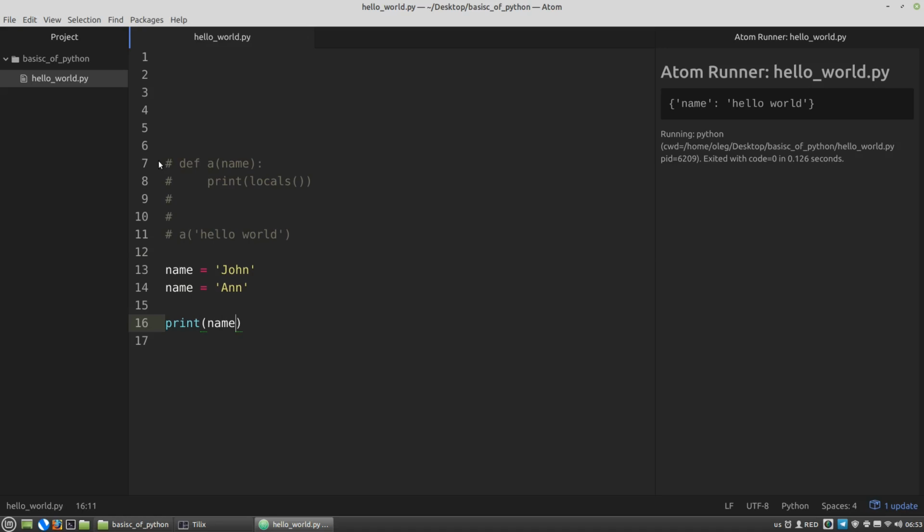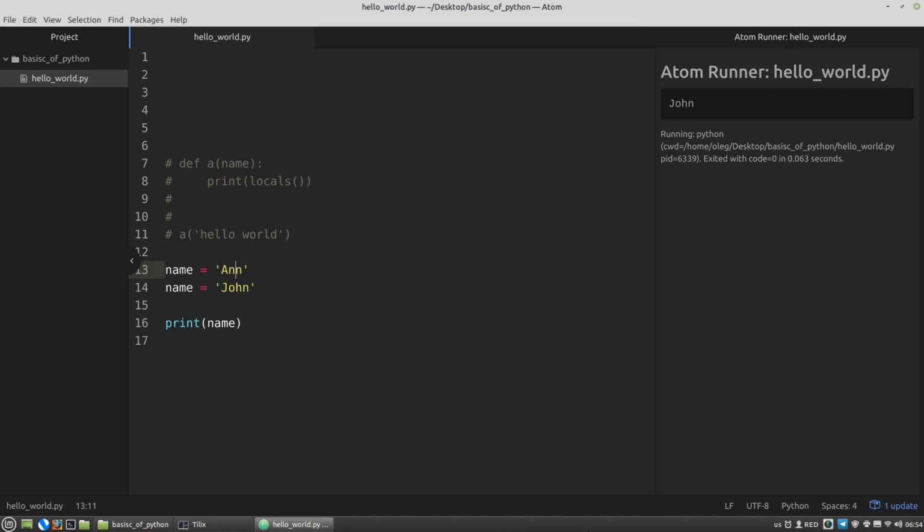And now the question is, what is the value of the name variable? 3, 2, 1. Obviously the value of the name variable is n, since the n value was the last one assigned to the name variable. If I run the code, we can see it. And if I swap the names, the results will be different.